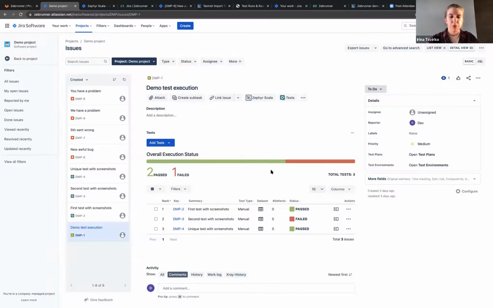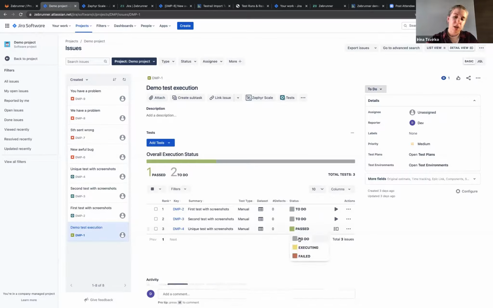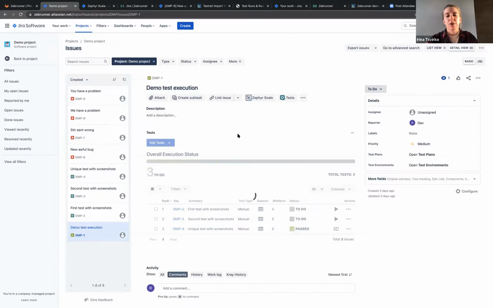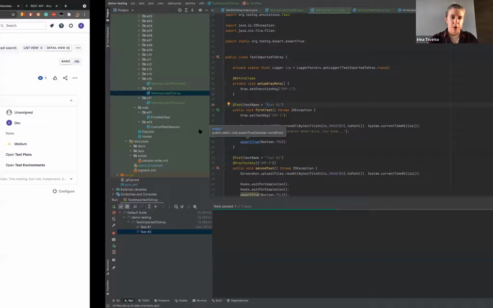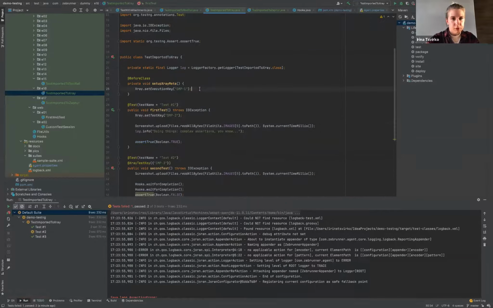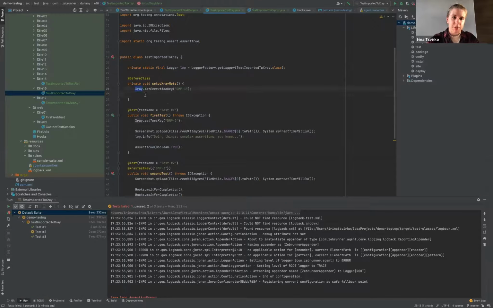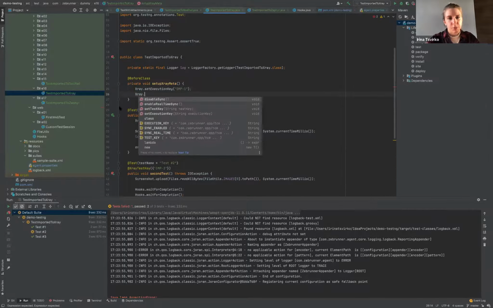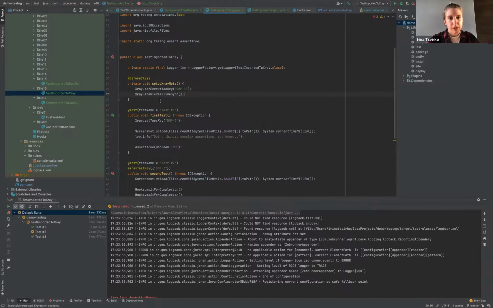So if you enable real-time sync for your test suite, you'll have results in your test case management system one by one, as soon as they are finished in Zebrunner. Oh, I did not have it enabled. And that's the problem. This property, enable real-time sync. So if I run once more,